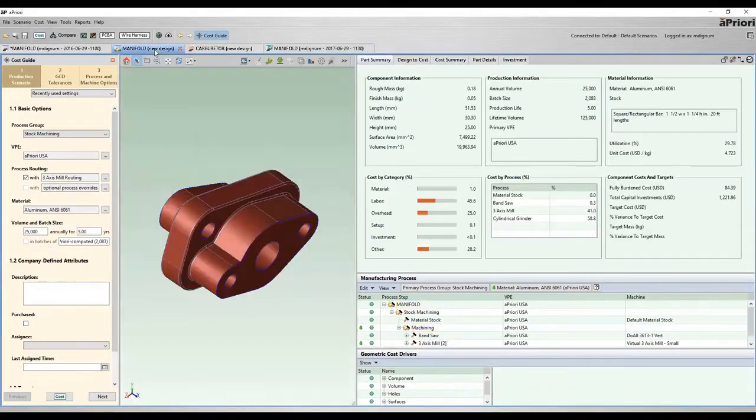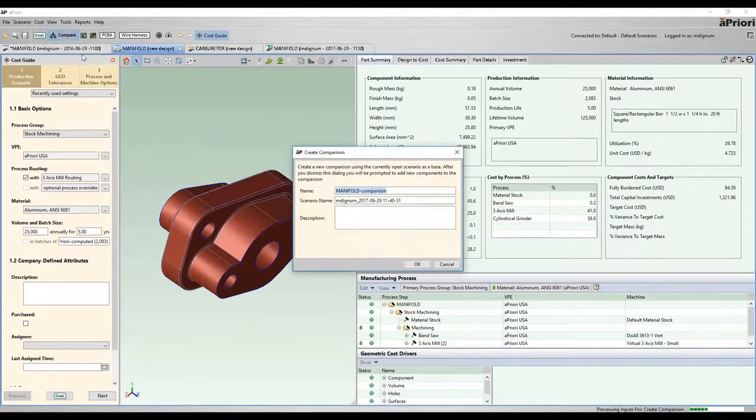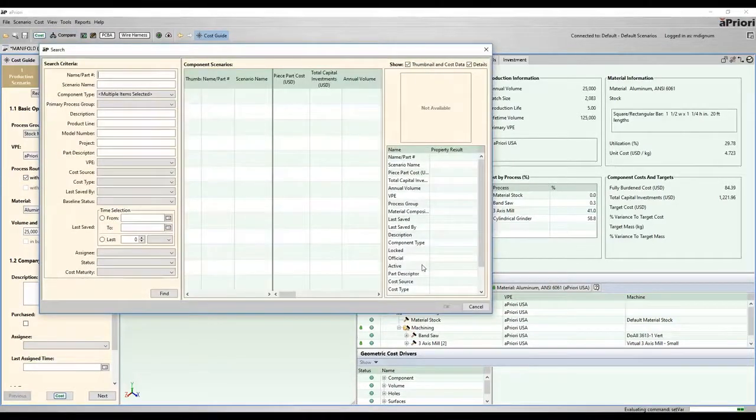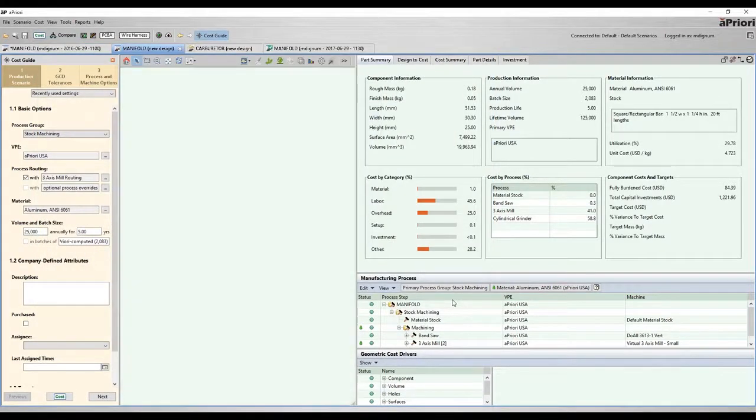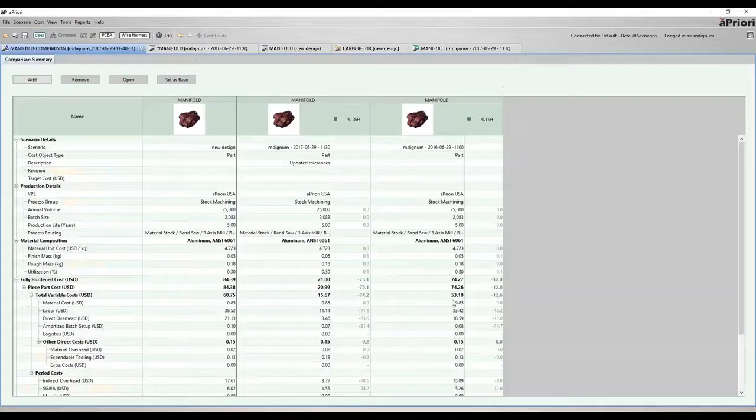And if I want to see these results side by side next to each other, I can do that within a comparison. So this is similar to an e-commerce type comparison where when you're comparing TVs or refrigerators or whatever you want to buy on Best Buy, I can view the results side by side. So I've added the 3 scenarios that we've worked on today to this comparison, and I can see on the very left-hand side my starting point with my fully burdened cost of just over $84,